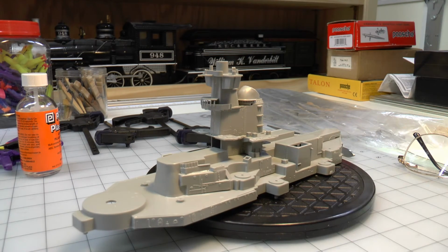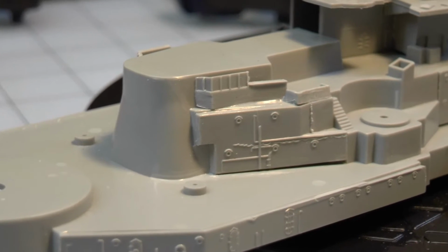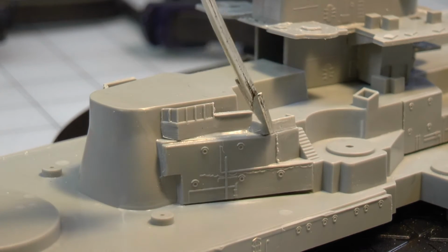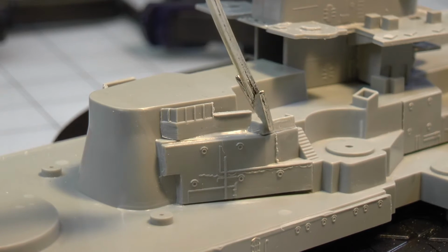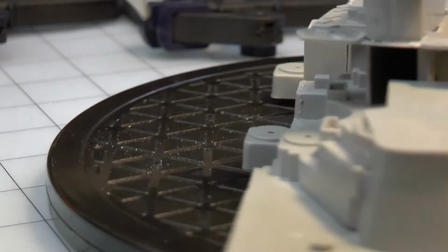Now, if you look at some of these pieces, and I'm going to try my best to zoom in, and believe me, there's some little fiddly pieces. If you look here, this piece and this piece, it looks pretty cool, right? Well, this was one piece, this was a second piece, and there were no guidelines for how they were to fit in here. And I have on the other side,